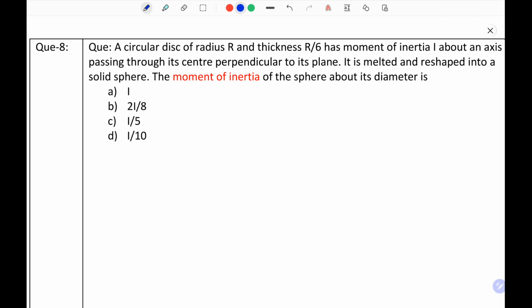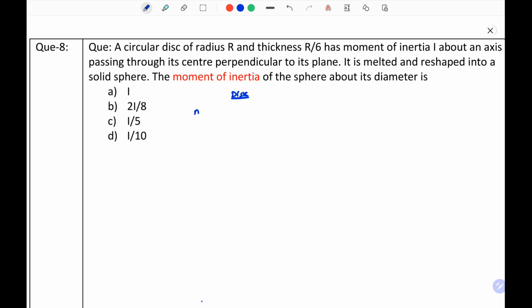The eighth question is: a circular disk of radius r and thickness r by 6 has moment of inertia I about an axis passing through its center perpendicular to its plane. It is melted and reshaped into a solid sphere. The moment of inertia of the sphere about its diameter is? We are given a disk